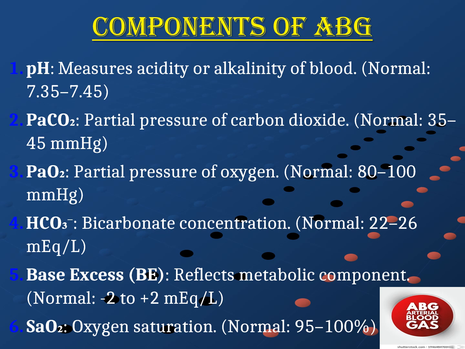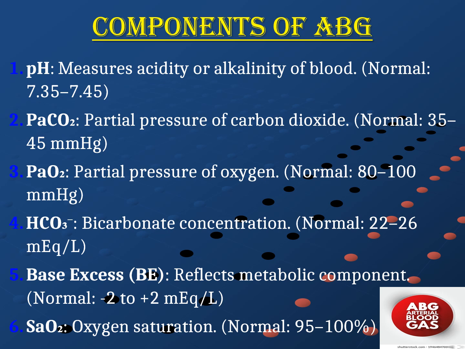5. Base excess (BE) reflects metabolic component. Normal, -2 to +2 mEq/L. 6. SaO2. Oxygen saturation. Normal, 95–100%. The 6 components of ABG are important because they help doctors: